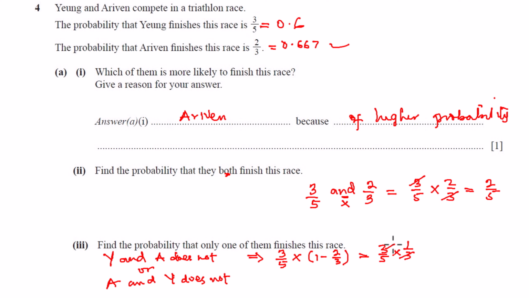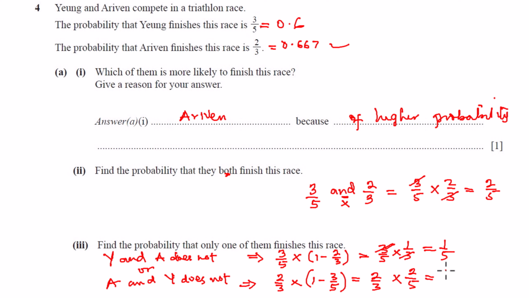So that's 1 over 5. For the second situation, if Arvin does, Arvin is 2 over 3, then times Young does not. Young is 3 over 5, so 1 minus 3 over 5. That gives us 2 over 3 times 2 over 5,